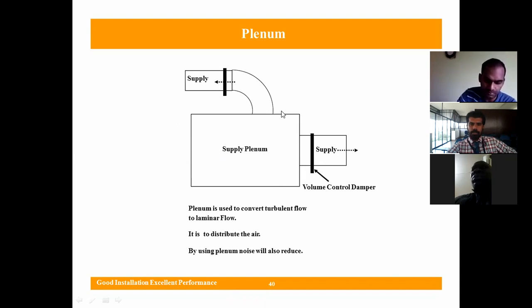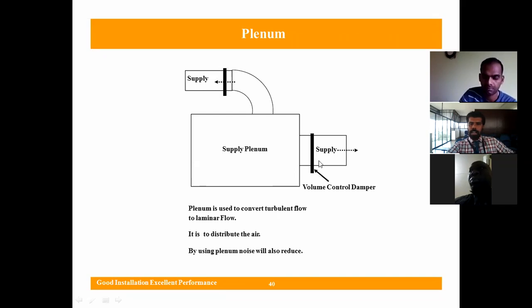And this is the supply plenum. You can see different connections. One supply is going through this, another supply is going through this. You can take another branch through this also, no problem. Okay, so first you listen, then you write it. I will explain this, then you write it.